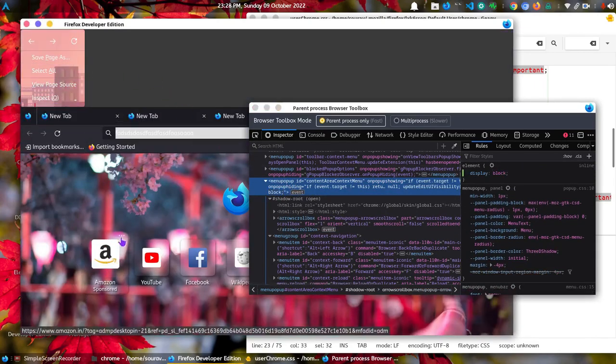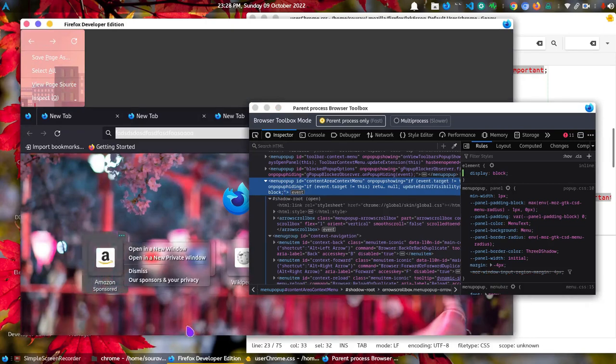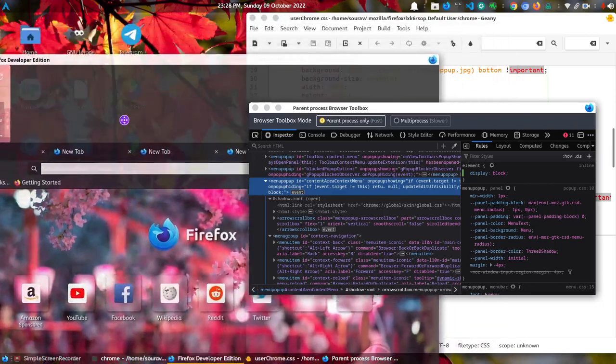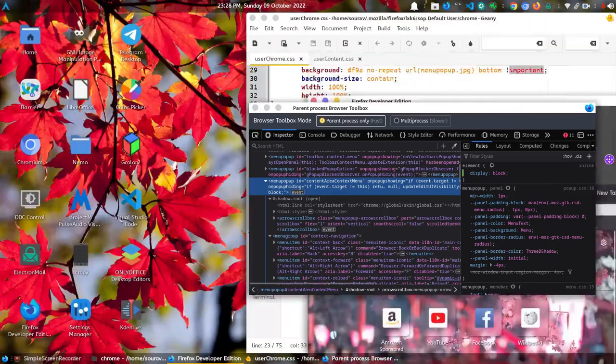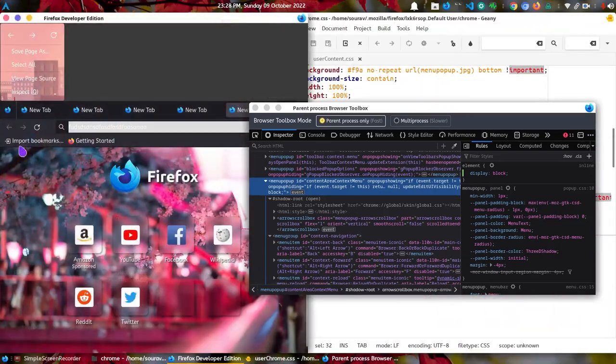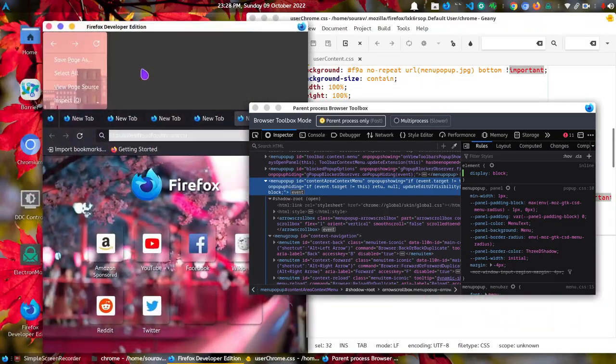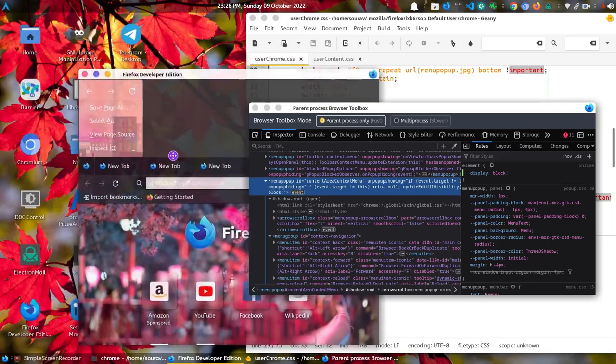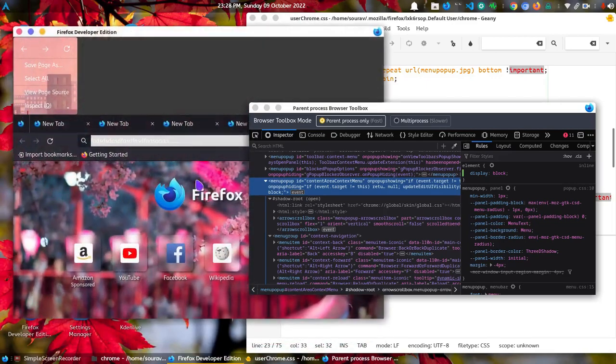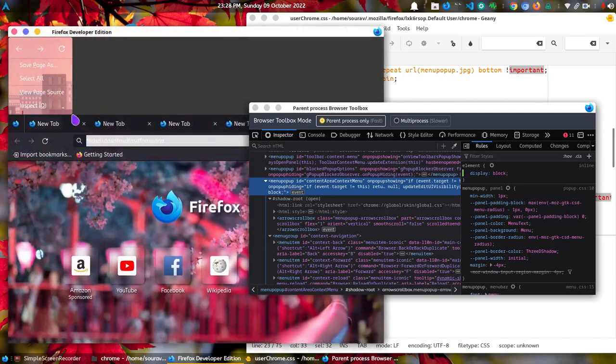So if I press any button here, it will not work, except the context menu, right? Because the context menu is from userContent.css. So if I resize the stuff, if I change the direction, you can see that it is actually frozen, but it can do a lot of different kinds of things. So you will discover a lot of bugs if you just place the context menu like that,